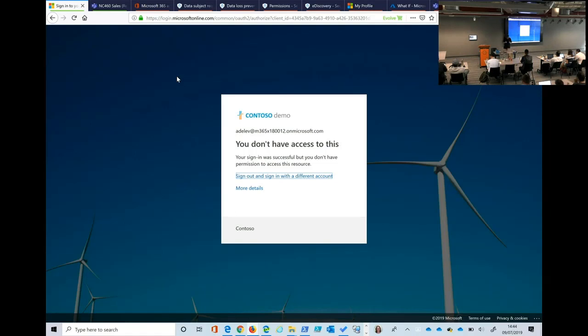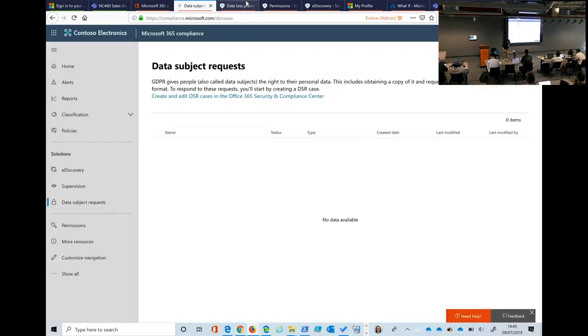Okay. So the first thing we're going to talk about, let's bring up a page. Actually, no, I'll start here. So this is, if you can see the URL, compliance.microsoft.com. Okay. So it's a new portal. There are many, many portals in the cloud. Compliance.microsoft.com. Another portal related to this is